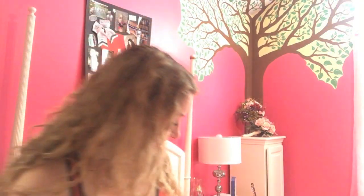So yeah, if you're looking for a new highlighter, I would definitely recommend this. It's just super good for only $5. Wet n Wild has really been killing the game so far. And then I apply way too much highlighter. Let's see here. And then my last